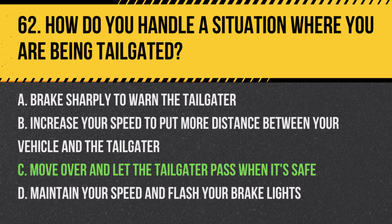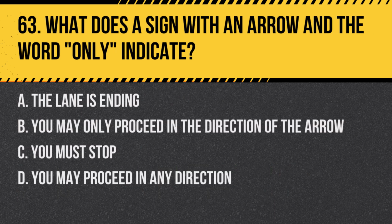accidents. Question 63. What does a sign with an arrow and the word "only" indicate? A. The lane is ending. B. You may only proceed in the direction of the arrow. C. You must stop. D. You may proceed in any direction. Answer: B. You may only proceed in the direction of the arrow. Such a sign indicates that the lane is designated only for the direction of the arrow and you must follow